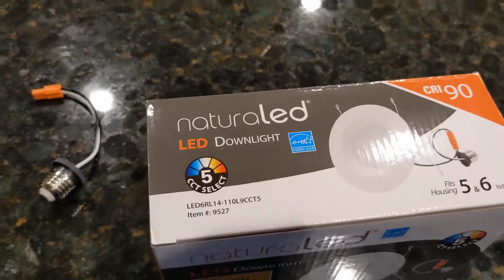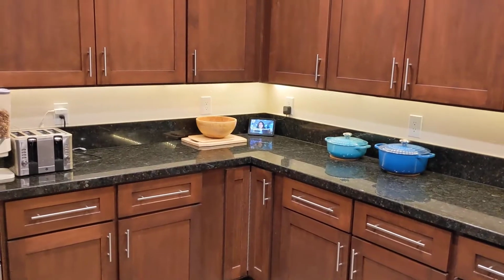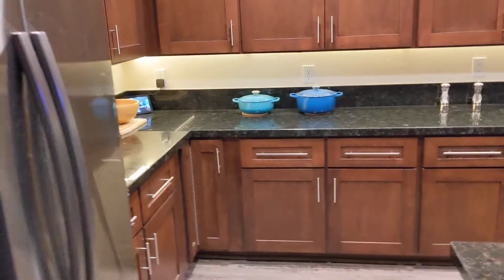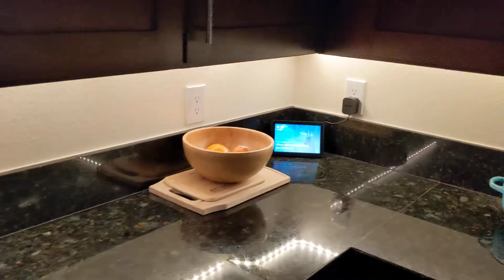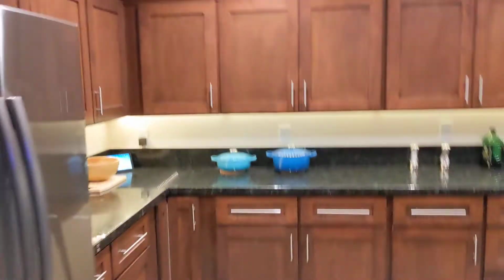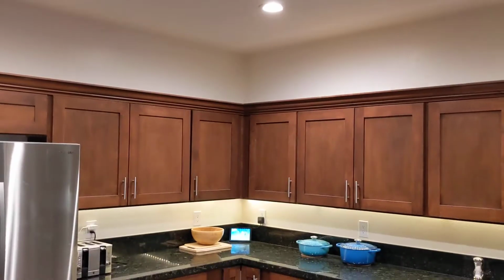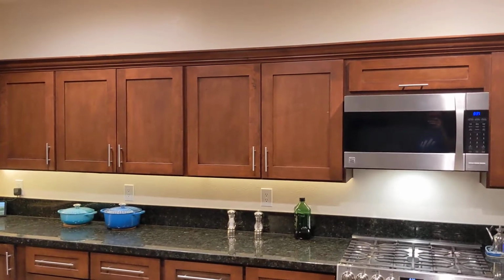For comparison, I haven't switched out these lights yet. So you see the under counter lights? That's an IKEA LED strip, and it's 2700 color temperature. Yeah, you can't really see, but it's super yellowy in real life. You might see better if I turn the lights back on. The ceiling lights are definitely whiter. This light over the microwave is 4000K. It was difficult to get bulbs of the right color. Anyway,